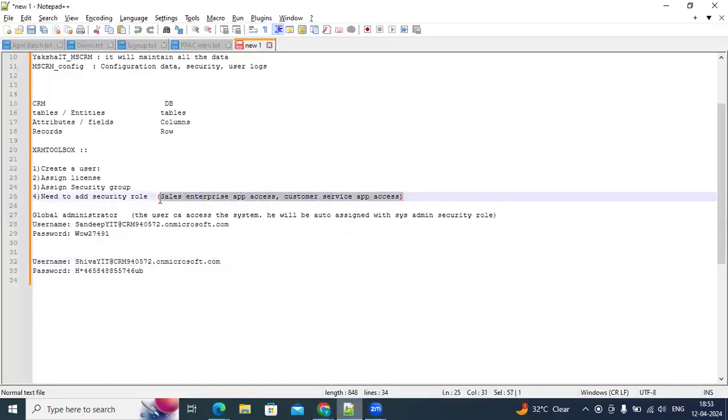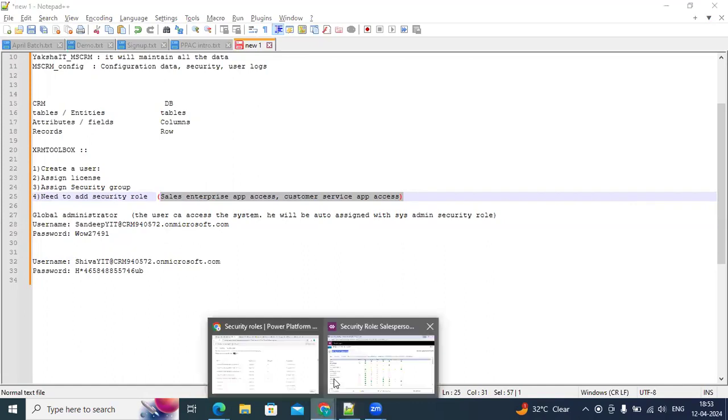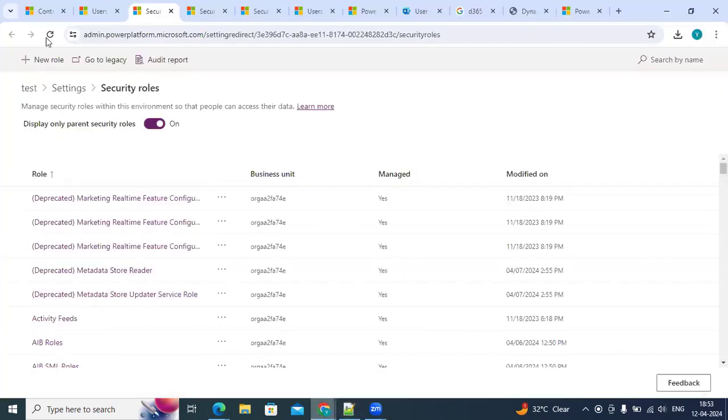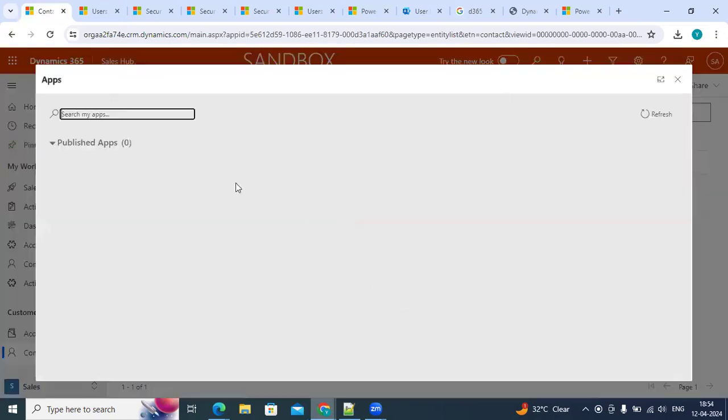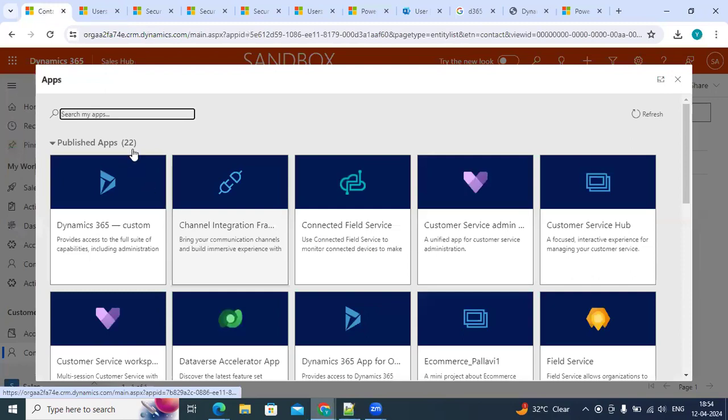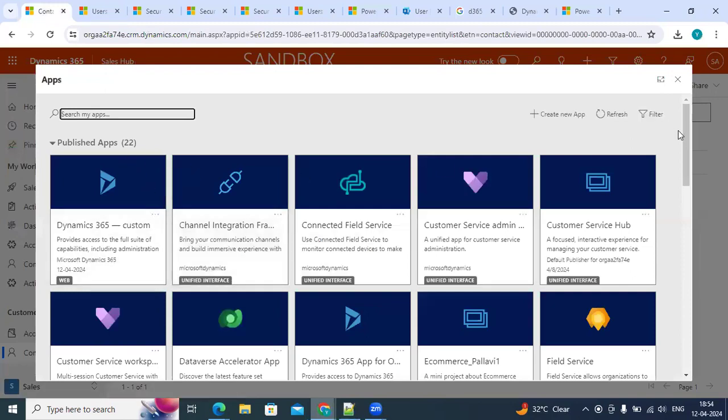Then you can try to log in with this organization URL, and you will be able to see the sales application and customer service application. Once you have logged into the system, the list of applications shows sales hub. If you click on the sales hub, it will show you the list of applications. For me, it is showing 22. As you don't have the global administrator permission, and I have provided only sales enterprise app access and customer service app access security roles,